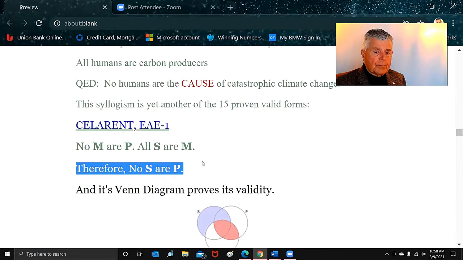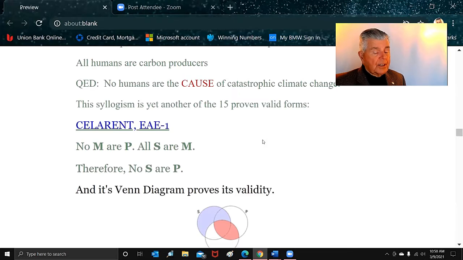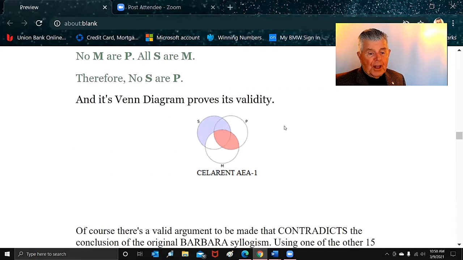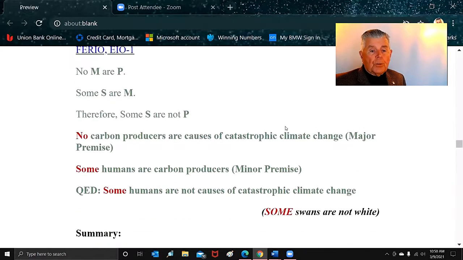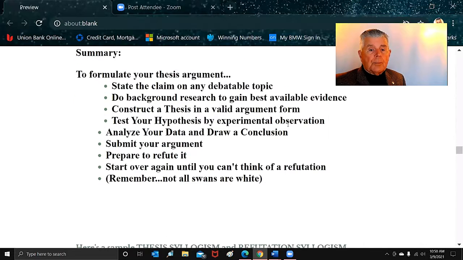And so, no humans are consumers of carbon. Very difficult to defend that one. All right. So we also could have used a Ferio, but let's just summarize